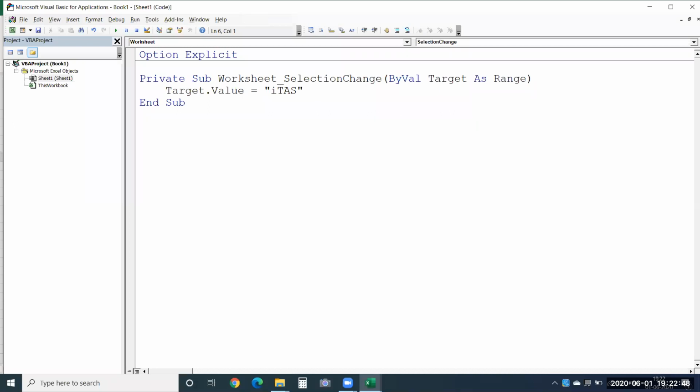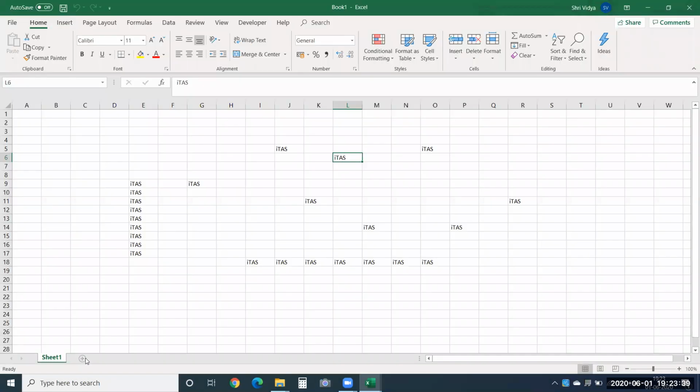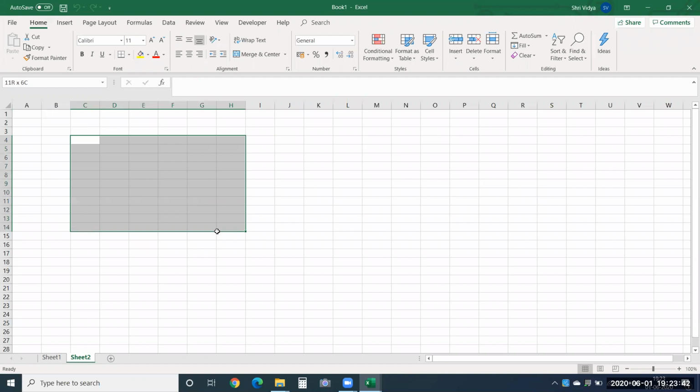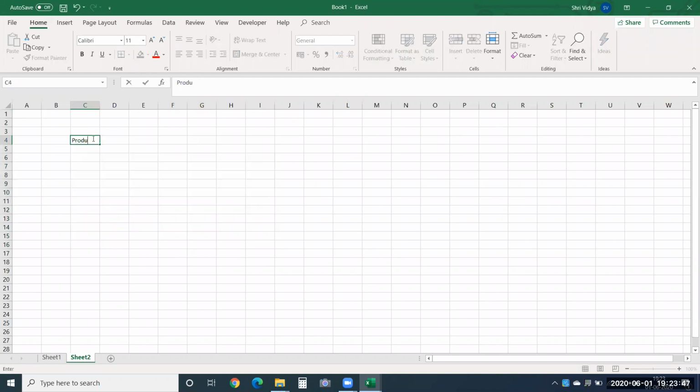Now that you have seen how this program works, let me show you where it can be applied. I'm going to provide an example where exactly this sheet module can be used. I'll choose another sheet here, Sheet2. And over here, I'll prepare some data. Any simple data. I'll just choose one and say product, and I'll provide, let's say, Q1.